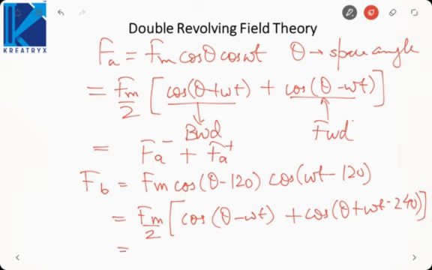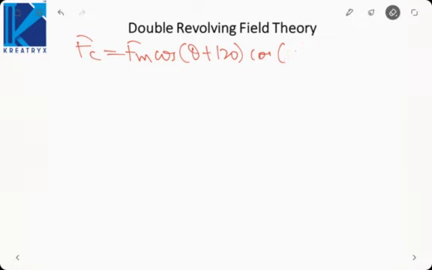So this will become Fb positive plus Fb negative. Similarly for C phase, Fc will be Fm cos theta plus 120 cos omega t